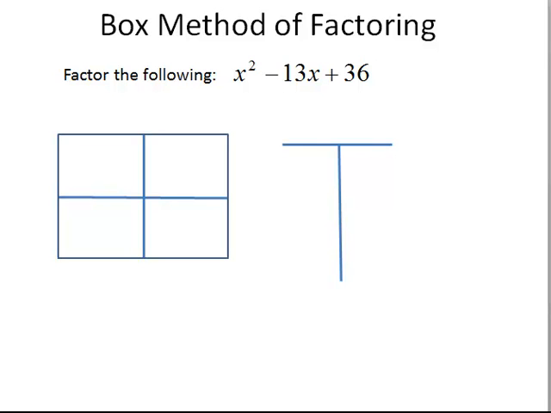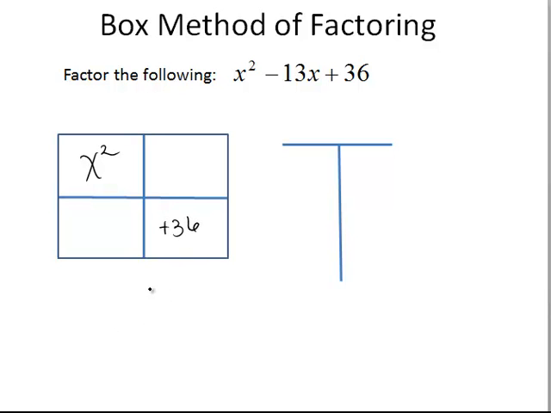We will be factoring x squared minus 13x plus 36 using the box method of factoring. Now remember, we want to check if we can pull out a greatest common factor from here. Well, we don't see anything that we can pull out in terms of a GCF, so we will continue. Now, we write the first term, x squared, in our first box, and the last term, plus 36, in the